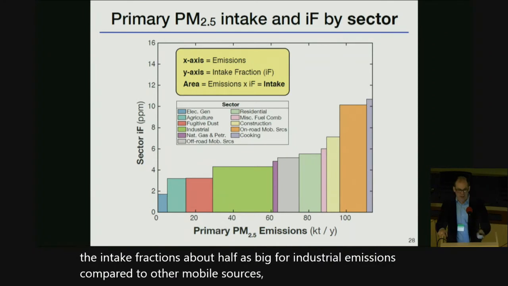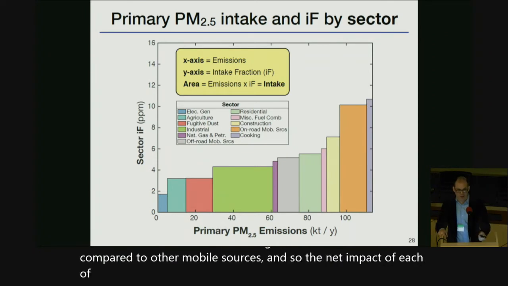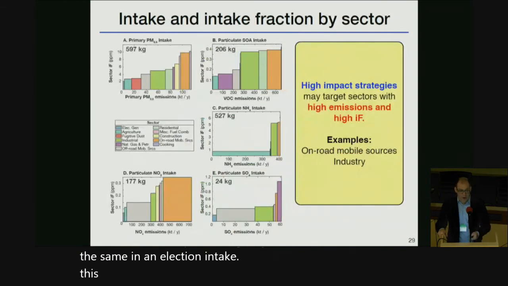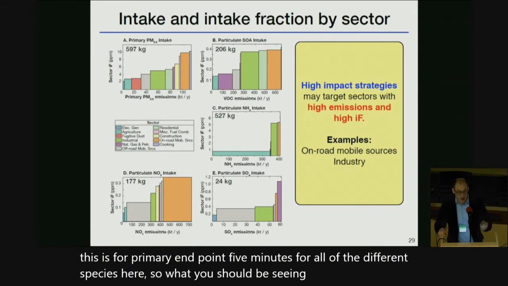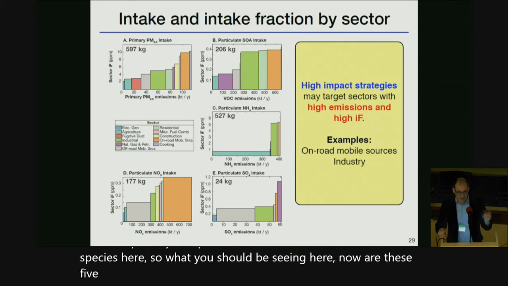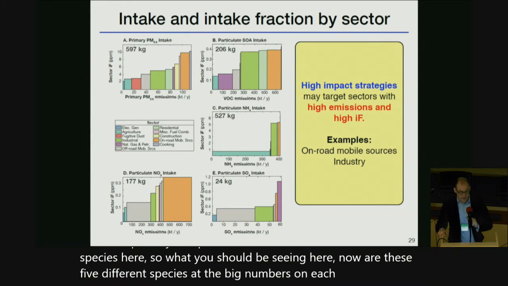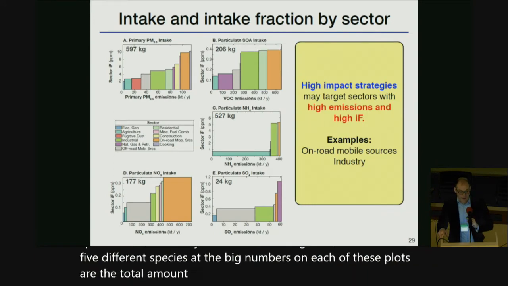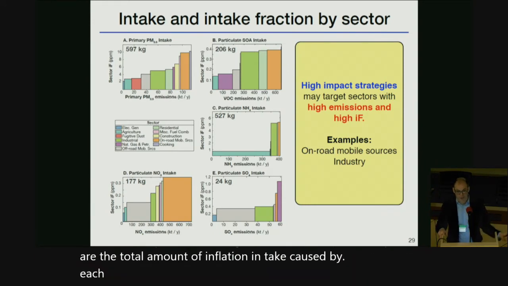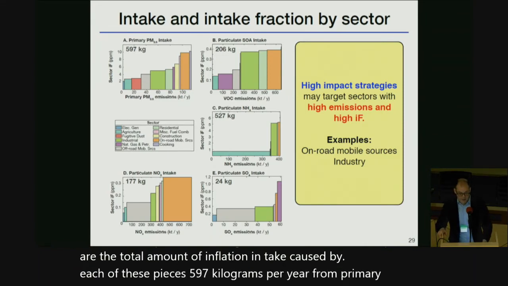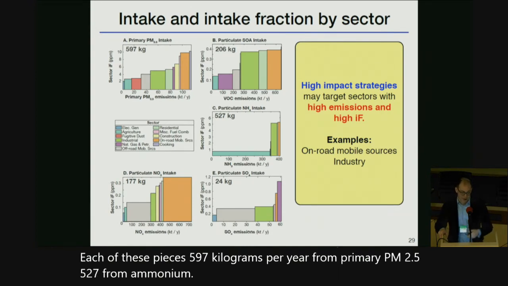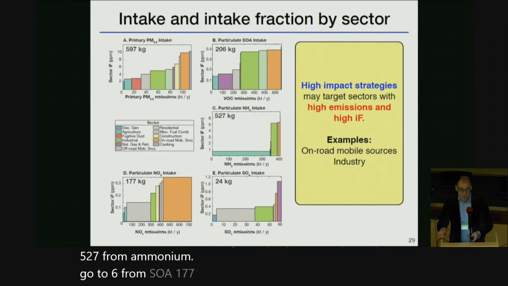And so the net impact of each of these sectors, despite having very different emissions, is about the same on inhalation intake. This is for primary PM2.5, and we've done this for all of the different species here. So what you should be seeing now are these 5 different species. The big numbers on each of these plots are the total amount of inhalation intake caused by each of these species. So 597 kilograms per year from primary PM2.5, 527 from ammonium, 206 from SOA, 177 from nitrate, 24 for